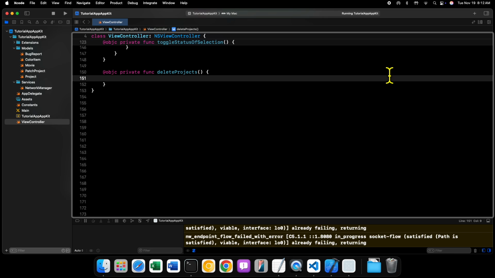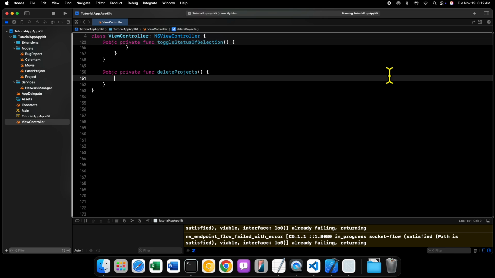So that means, much like when we were supporting multiple selections when toggling project status, we want to use what's called a task group to perform multiple deletes in parallel. So we're sending multiple requests to the server at the same time, and all those will be completed at different times depending on how long it takes. All right, so